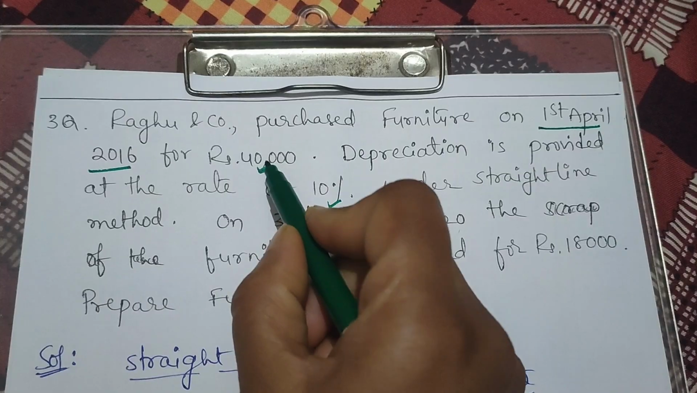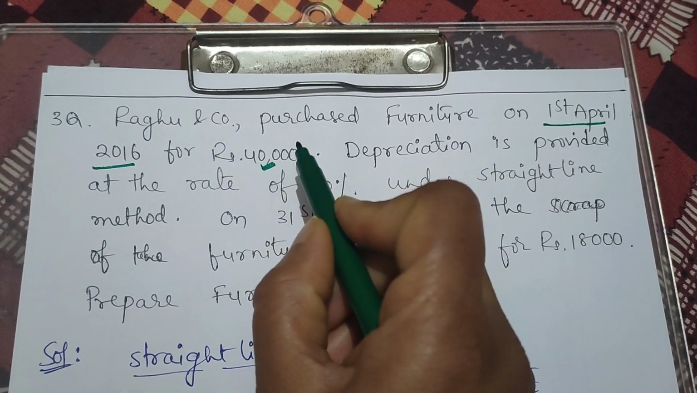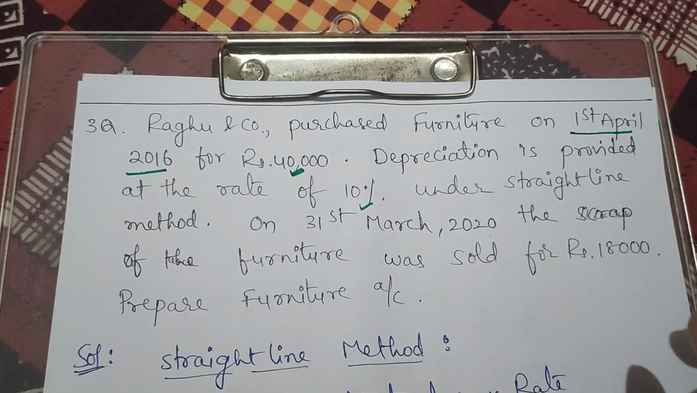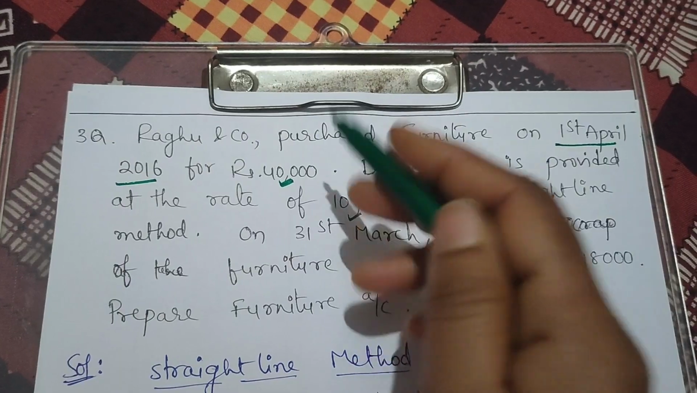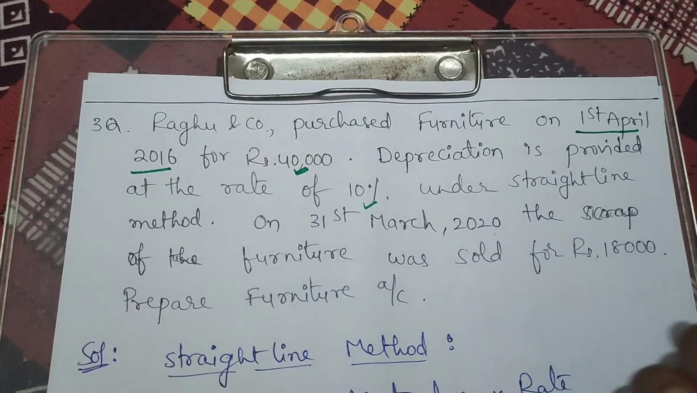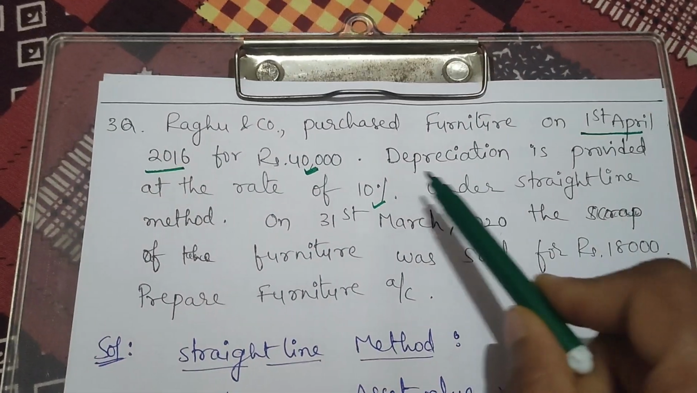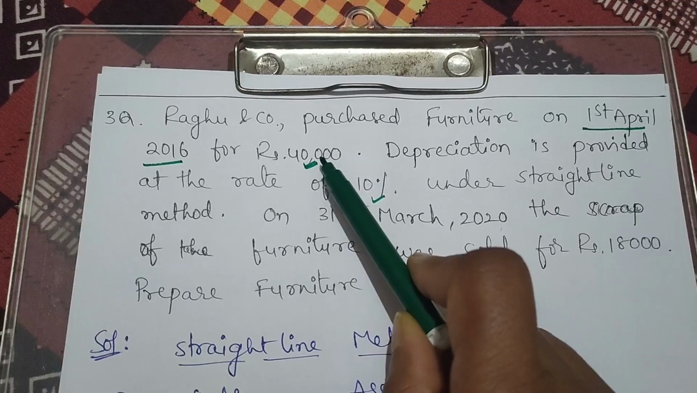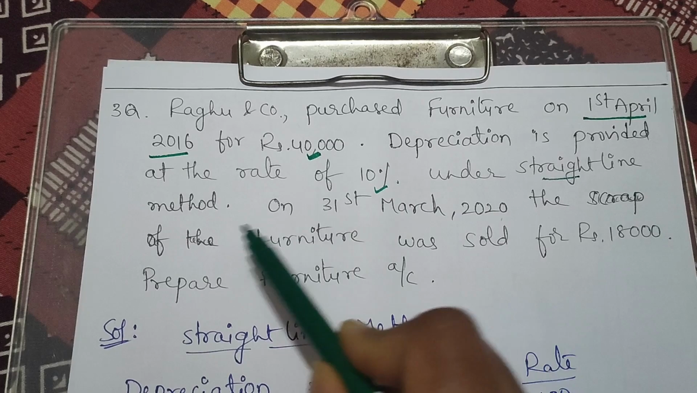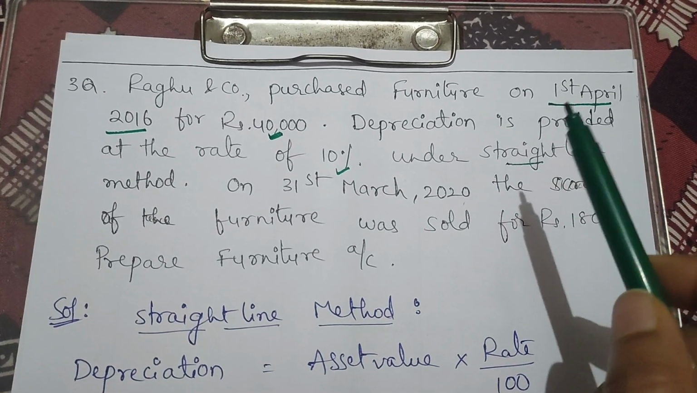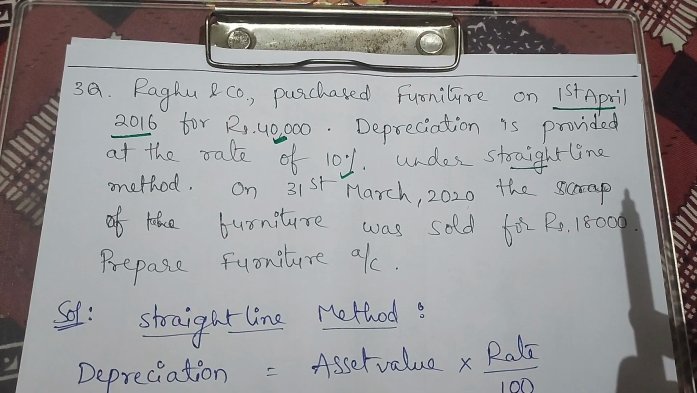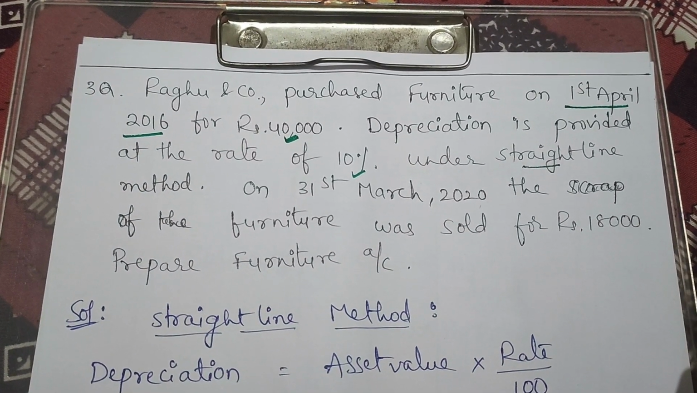So only purchasing price is given. Asset value is 40,000. And here no installation, no repairs, no transport charges. We need not add. Only 40,000 is the asset value. If those are given in the question, we should add to purchasing price. Then we will get the asset value. But here no other information, so asset value is 40,000. And which method? Straight line method. Straight line method means every year depreciation will be same. Whatever depreciation we provide in the first year, same depreciation we take in the second year also,